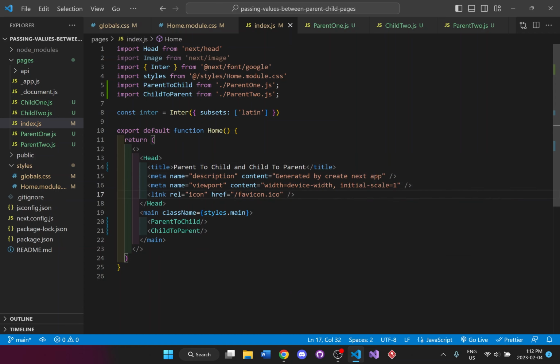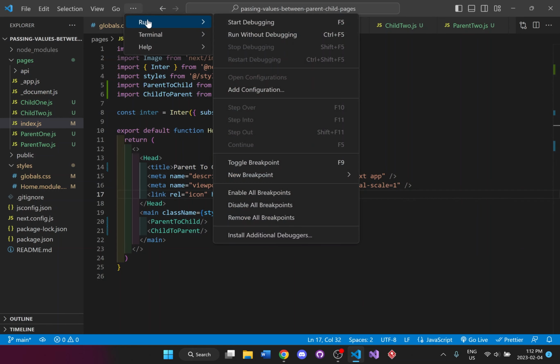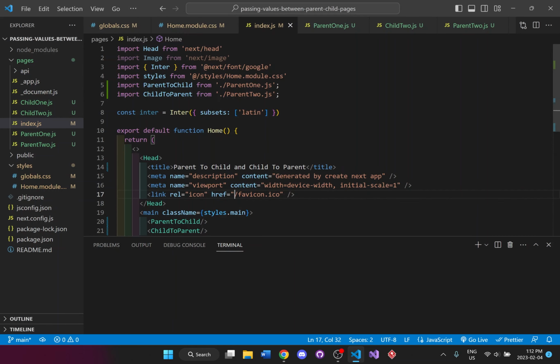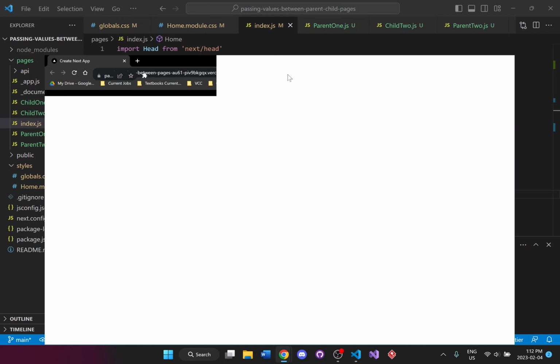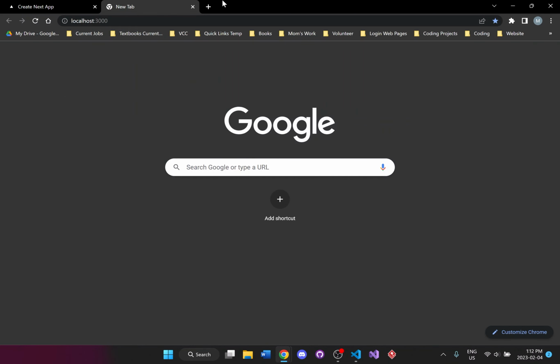We're going to save it. And let's actually run this application and see what there is. So it's on localhost 3000. So let's go localhost 3000.